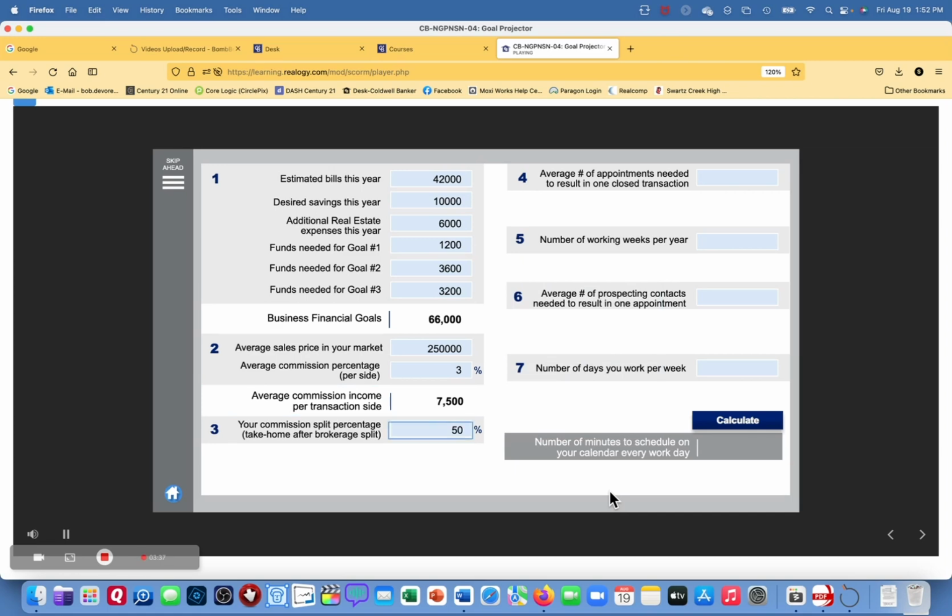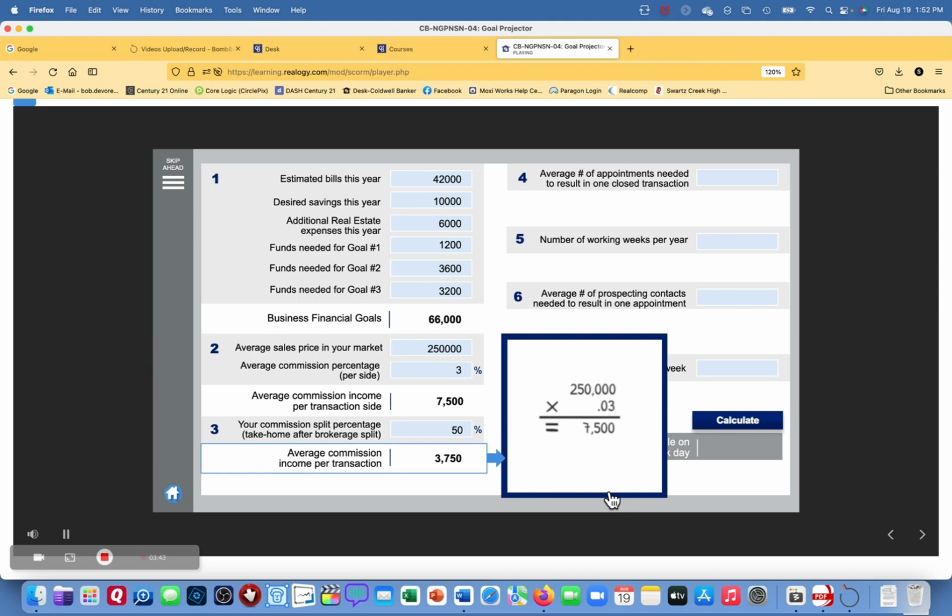In Section 3, you'll enter your commission split with your company. In our example, the commission split is 50% for all the value your broker provides. The Section 3 calculation begins with the average commission income per transaction calculated in Section 2, $7,500, multiplied by the example commission split of 50% or 0.5 gives us the average commission income per transaction,